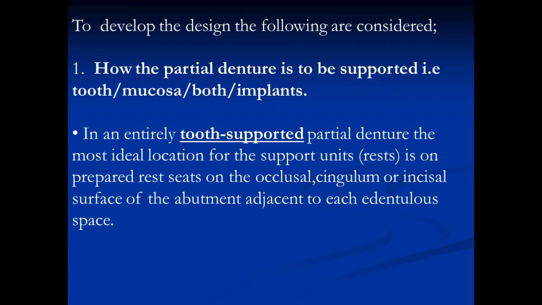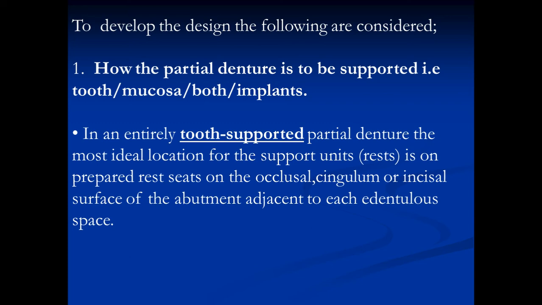Then we have removable partial dentures which are supported partly by teeth and partly by soft tissue. That comes under class 1, class 2 and class 4 situations. Class 4 situation is nothing but a reverse of class 1 situation. So in all these three conditions, we have a removable partial denture deriving their support partly from hard tissue and partly from soft tissue. So the only condition where a removable partial denture is entirely tooth supported is class 3 and class 3 modifications.